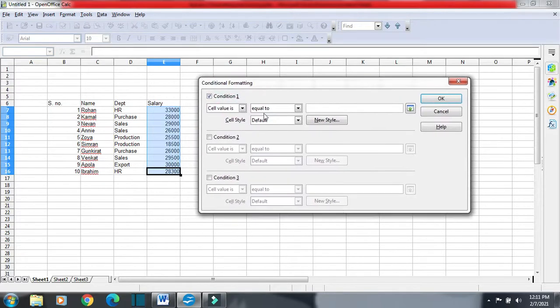Now the condition I am giving is cell value is, other things are also there, but we have the value only, that's why I am going for cell value. Cell value is, I am going for greater than or equal to.